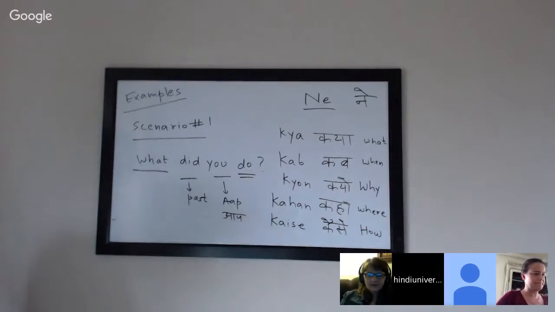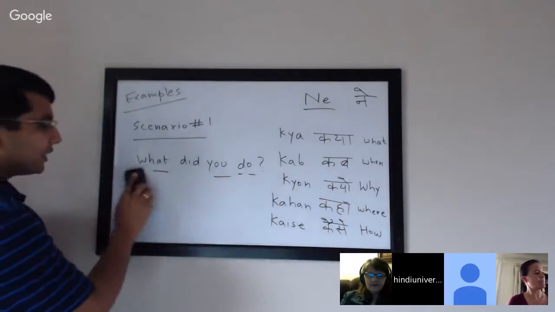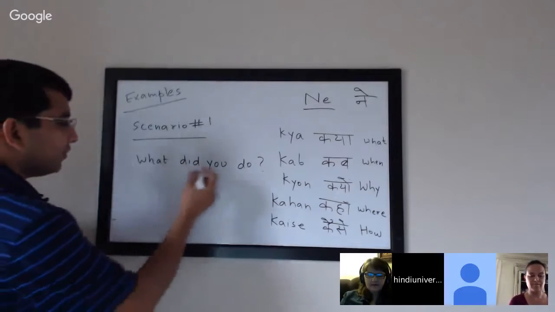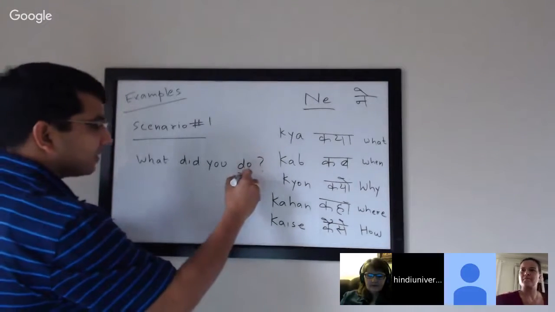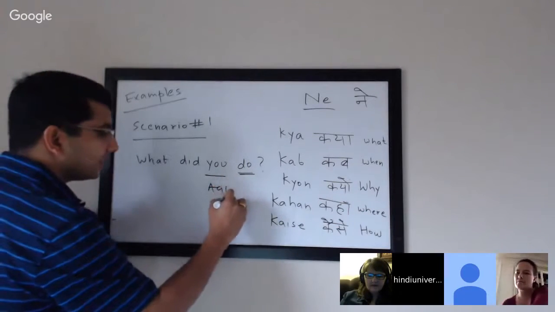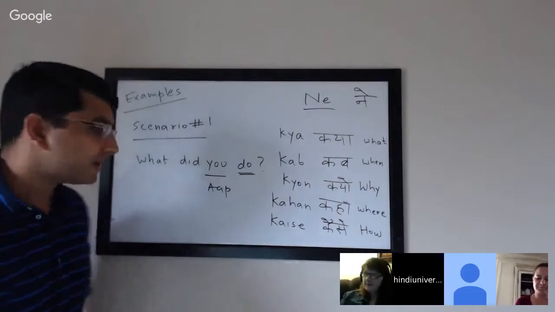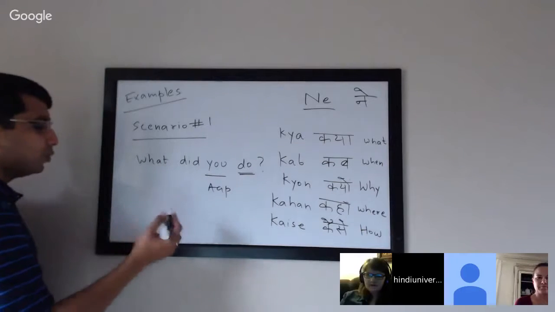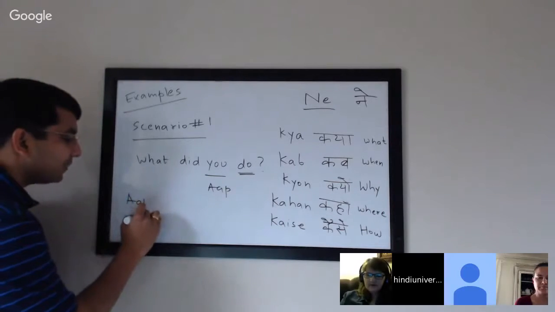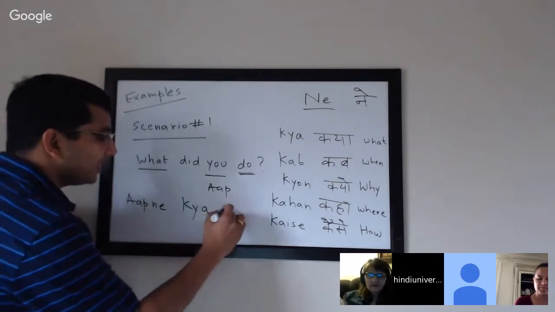Hopefully that gives you a lot of hint. Okay, I'll help you out. As you know, the verb will be some form of karna in the past, and your pronoun is aap. Because karna is a transitive verb, when it is used in the past tense, you will have the postposition called ne. So you will say आपने and then what? आपने क्या किया?